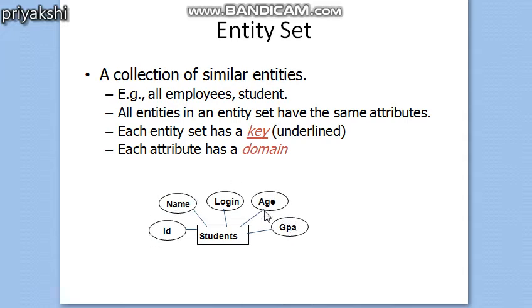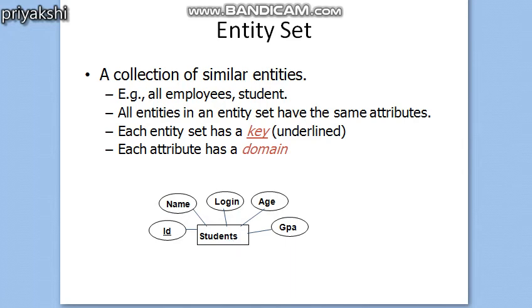So every attribute will have a domain. One more thing to remember is that entity sets need not be disjoint. Two students can have the same name, the same age, or the same CGPA. So their intersection is not equal to null, and they need not be disjoint.